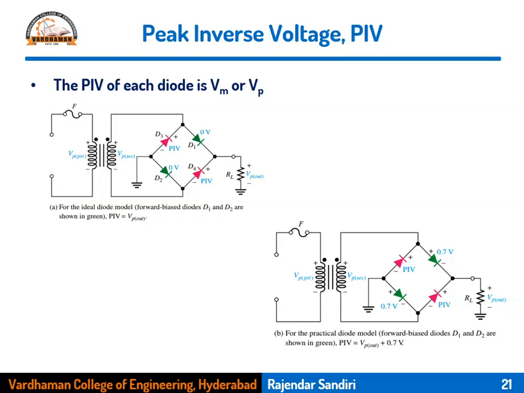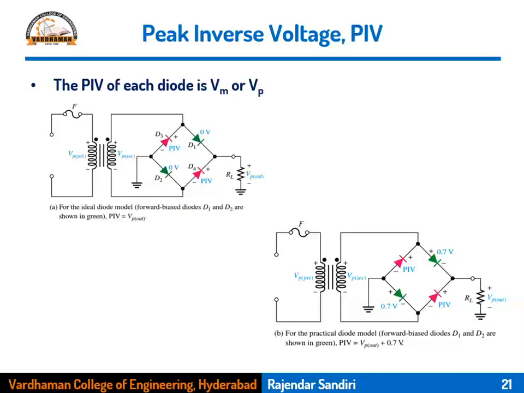Suppose it is a practical diode. If the diode is on, then the voltage across that diode will be 0.7 volts. The same thing applies to the previous case also, but in that case there is no diode other than the reverse biased diode in the circuit where we are applying KVL. There is only one diode in the previous two cases, and that diode is reverse biased. Therefore, for both the ideal and practical cases in the previous two circuits, the peak inverse voltage is Vm and 2 Vm. In the half wave rectifier it is Vm, in the full wave rectifier it is 2 Vm.